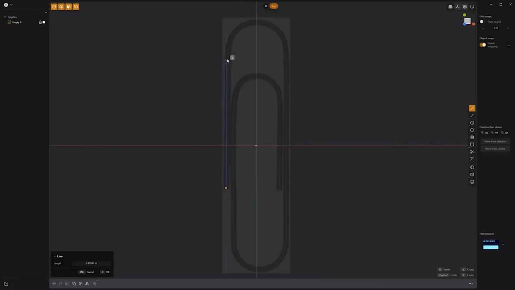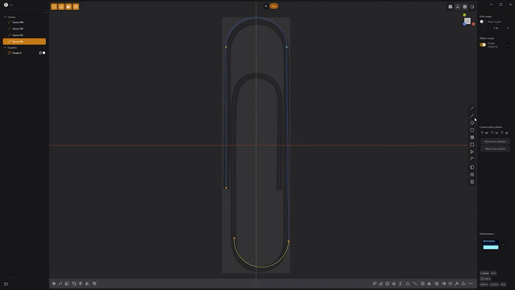Floyd here with a quick look at creating a paperclip in Plasticity. Create a straight curve using the Line tool, then activate the 3-point arc tool and create an arc starting at the end of the first curve. Repeat this process to create the additional curves that make up the paperclip shape using the Line and 3-point arc